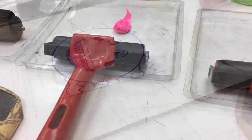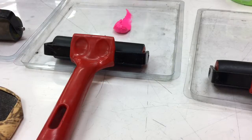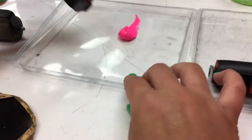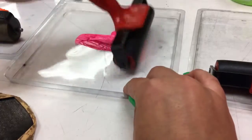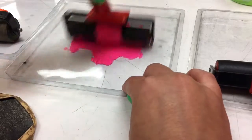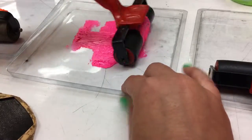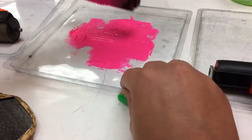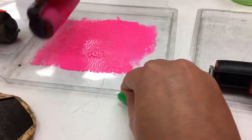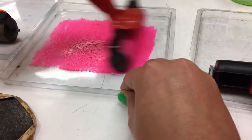Thanks, Art of Ed. So we're going to start with the pink. You can start with whatever color you want. It's really not a big deal. So you're going to take the brayer, and you're going to roll the ink into a square. I like to go sideways, and then up and down, and you're looking for the texture of an orange. So you're going to have some little wrinkles and ripples in it. Just roll it back and forth into a nice square or rectangle